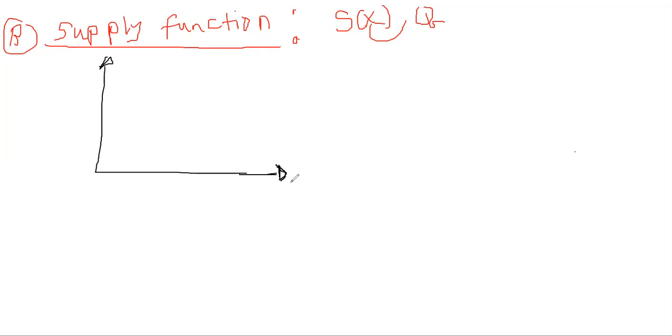All right, so let's go on. So we have price here. We have X here. But this X is nothing but what? Quantity supplied. So if you look at the supply function, what it is showing you is a relationship between price and quantity supplied. So the next question is, what is the relationship? Is it a positive relationship or a negative relationship? If you have taken a principles of economics course, you will know that the relationship between price and quantity supplied is positive. What does that mean? If price increases,